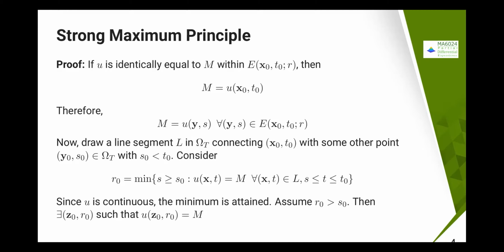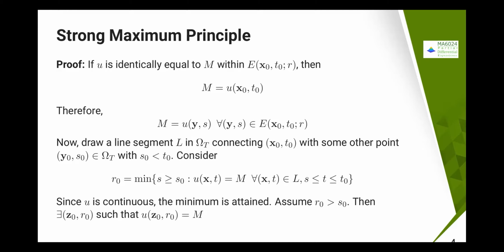Therefore this is going to attain a minimum. Minimum and maximum both will be attained actually. If you go for the minimum principle, I am proving the maximum principle, in that case you have to choose the same thing and take r naught equal to the maximum. So now here I am just taking the minimum, and this minimum is going to be attained because of the continuity property of u of x comma t.